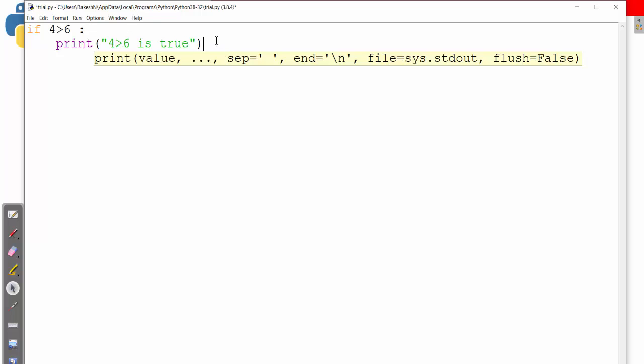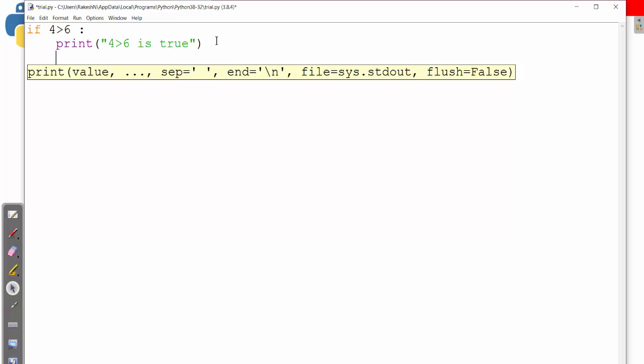Again you see, when I press enter, the interpreter never knows whether the next statement you are writing is part of the block or not, so it will always give you the cursor blinking here.